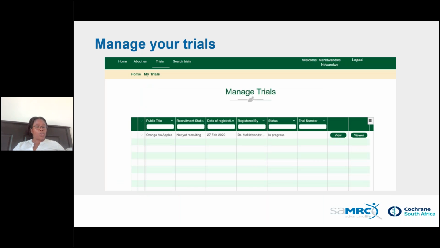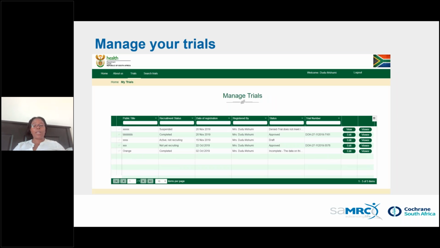You can also manage your trial. This is a trial that I used to check the system. So you can see what is happening with my trial. You can check your progress of what is happening. There are multiple statuses. What is important here is to look at the statuses of where your trial is. If it's denied, then you know that your trial